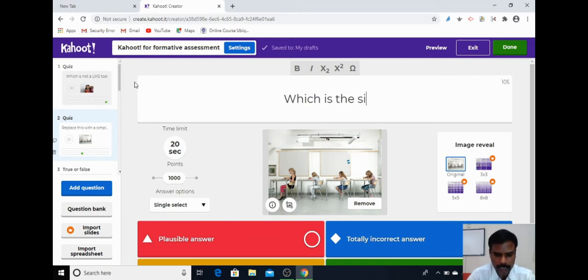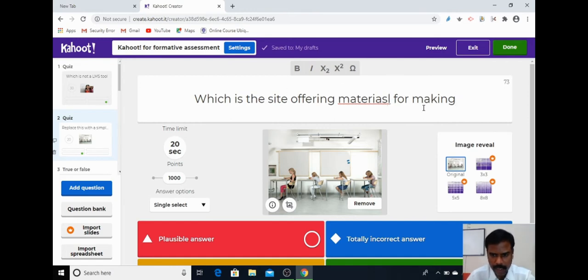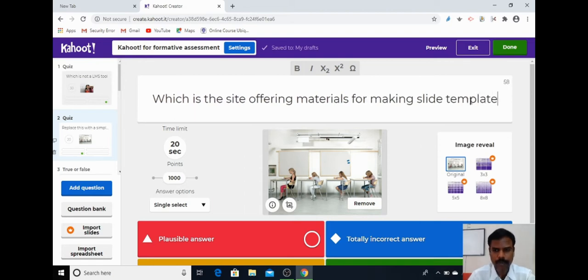Which is the site offering materials for making slide templates.